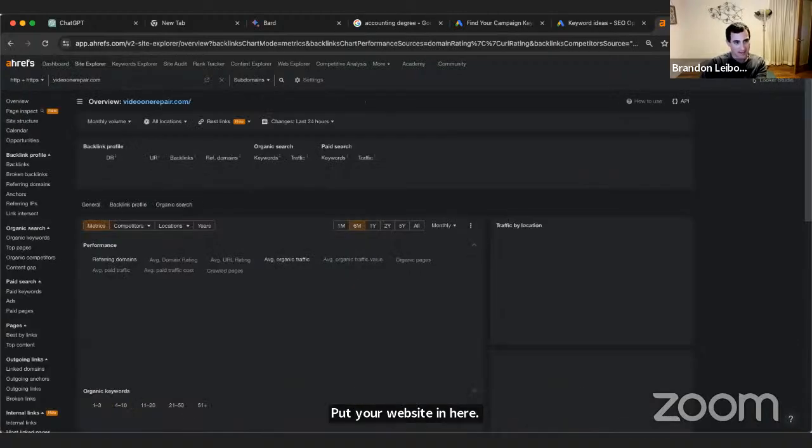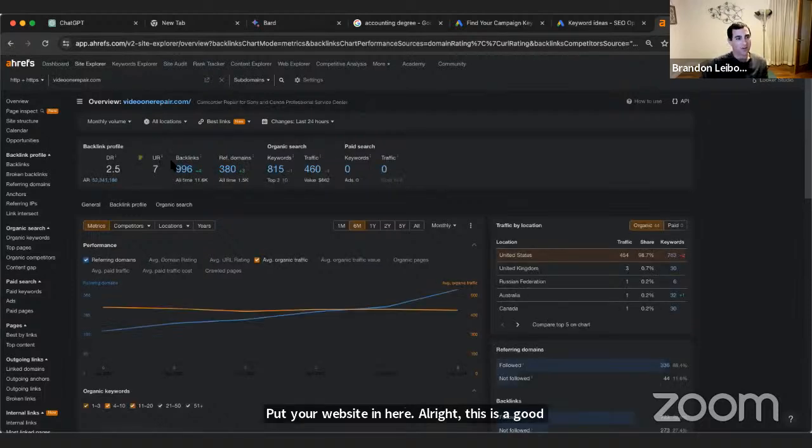All right, this is a good example because you have a lot of backlinks. So this tool, there's a lot of stuff in here, just like the other tools. Most of the stuff we're not going to look at because it just gets way too complicated and technical. But what we really want to look at is referring domains. So you can see backlinks right here shows 996 backlinks, which is a lot of backlinks. But backlinks could be artificially inflated. And we don't really care about the number of backlinks, but we care about the number of unique websites linking